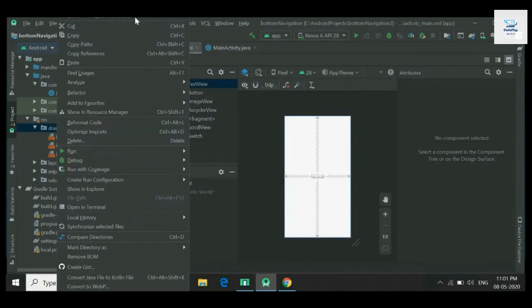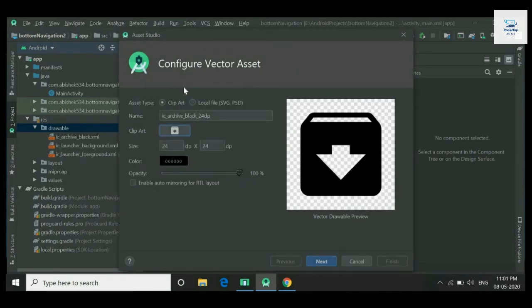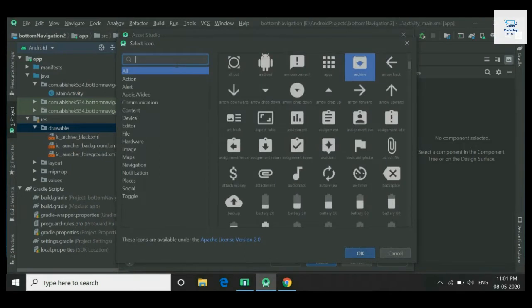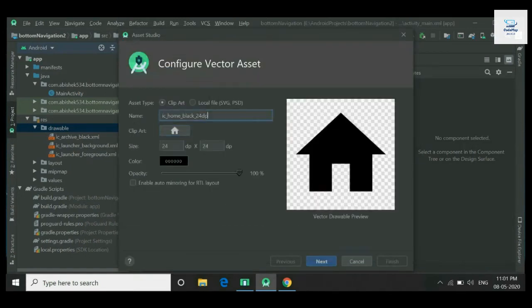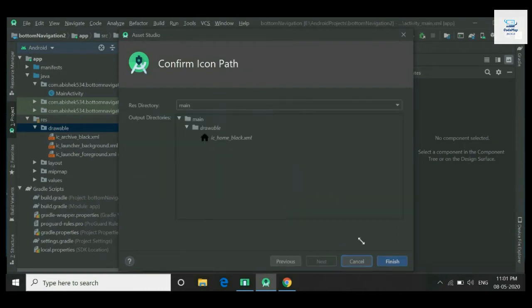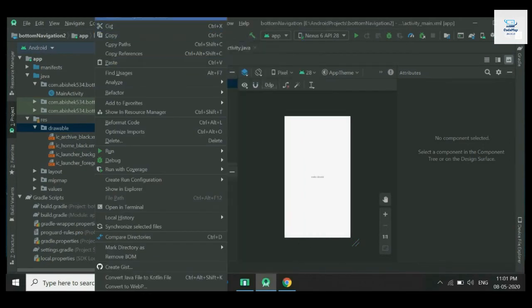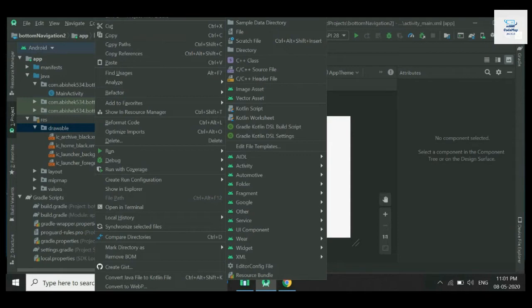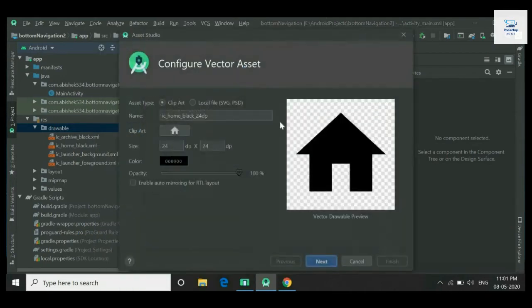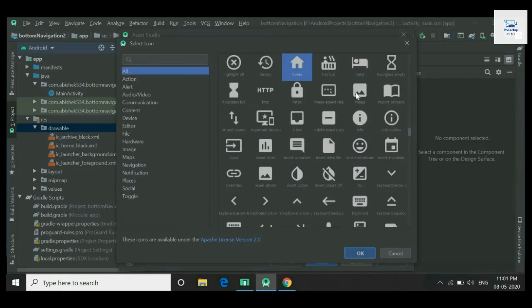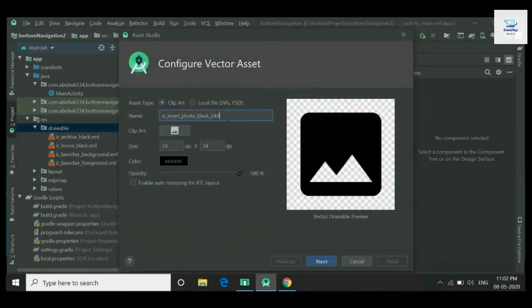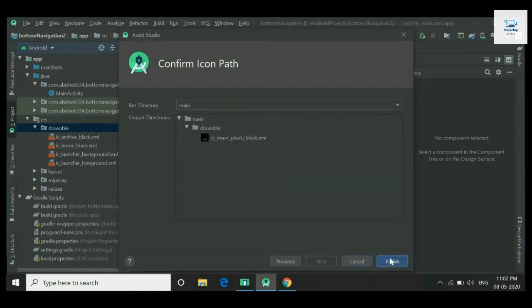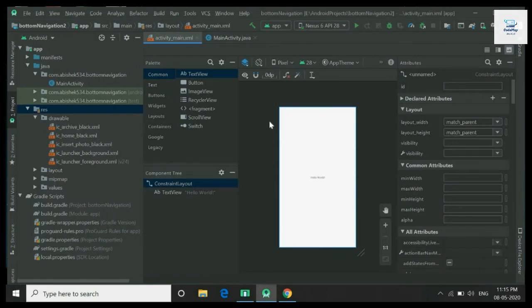In the same way I will create 2 more icons. Now our icons are ready.